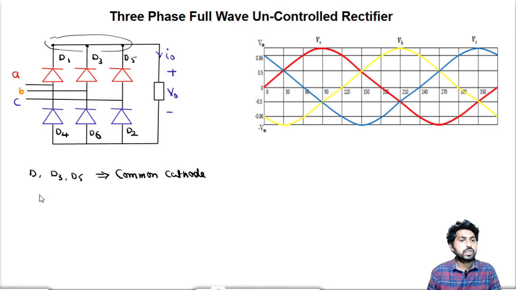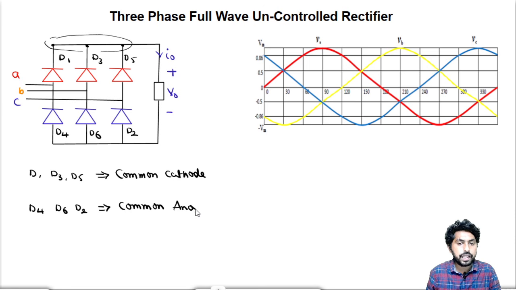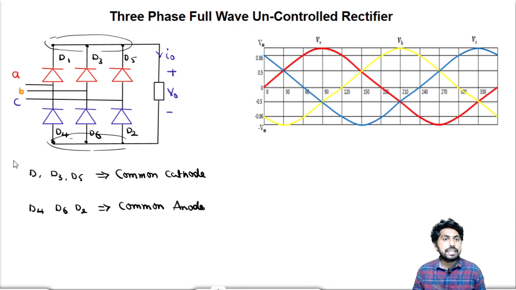Similarly, D4, D6, D2 are connected in the common anode connection. So these 3 anodes are connected at the same point, common anode connection. As we know, in common cathode connection, the device which has the most positive voltage